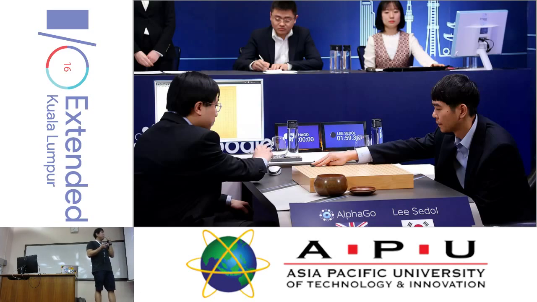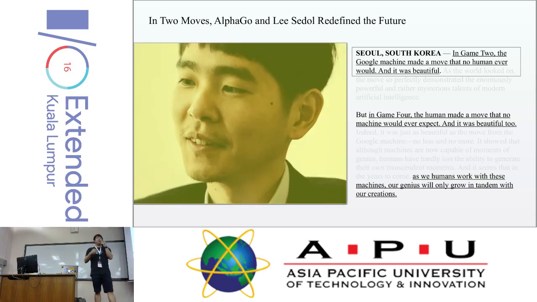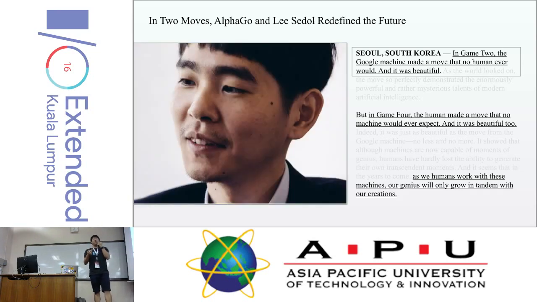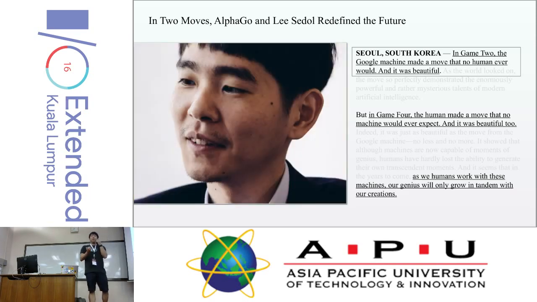But what's really interesting is that AlphaGo eventually won. There are a couple of observations worth noting. In game 2, AlphaGo made a move that no human ever would, and it was beautiful. It was really unexpected. When we think about AI, we think about a machine that learns from the human experience. We input whatever knowledge database, and they learn from it. But AlphaGo is actually able to interpret based on the knowledge that it has been given and then come up with its own play. This is really revolutionary if you think about it.